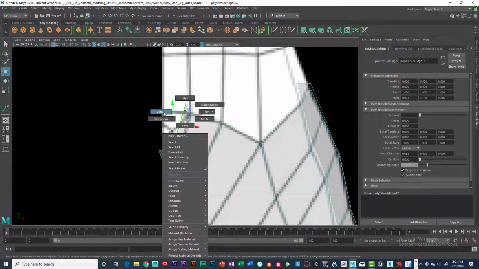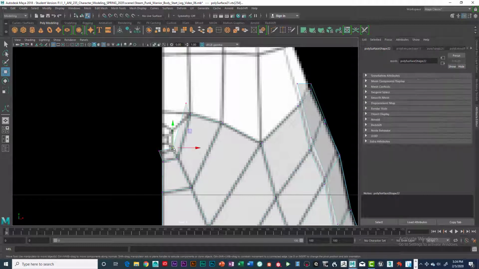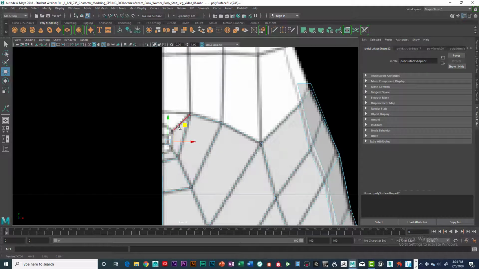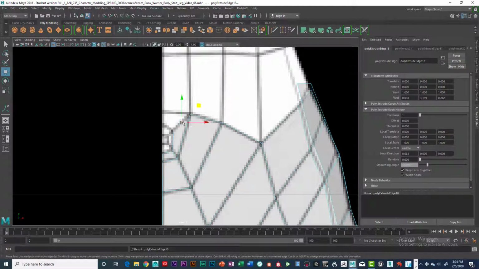And let's go to vertex mode. Okay, we're going to move that one there, this one here, and this one's going to be moved right here. Okay, and then we're going to take that edge mode, click on this edge right here, and Control E, move that over. Again, we really don't need to make a belly button, but I'm going to show you how to do it,